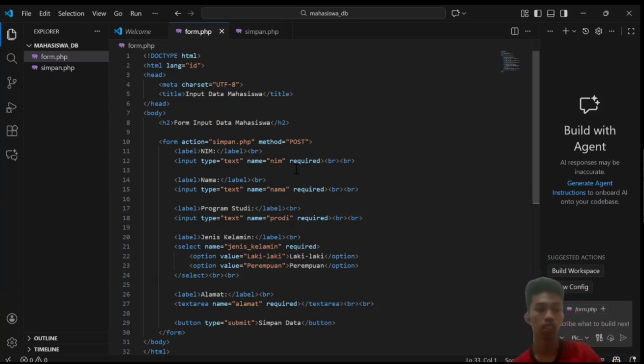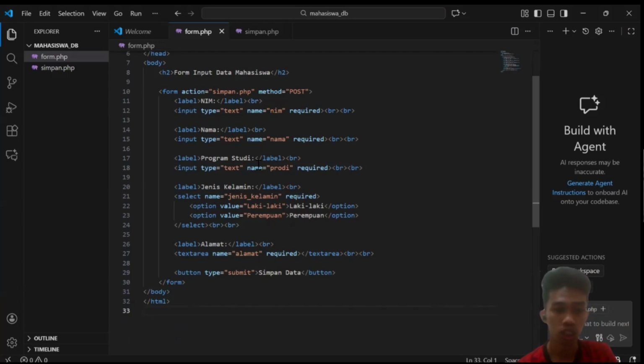Each input row is created using input type text, and for the gender selection, a select tag is used so the user can choose one of the two options provided. Every input element is given a name attribute because that is what PHP uses to retrieve the value of each piece of data.